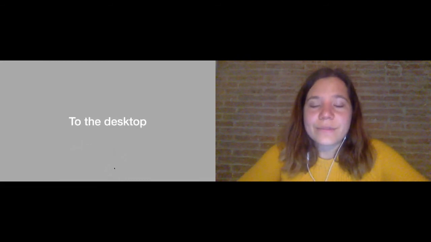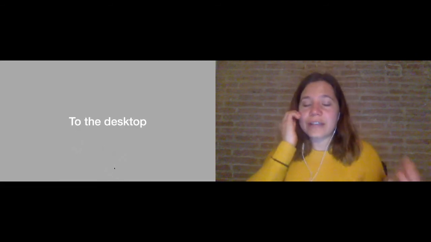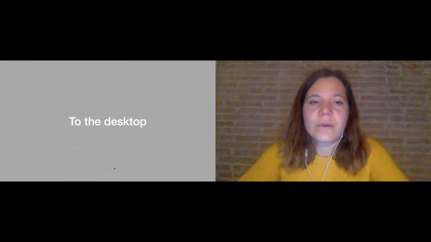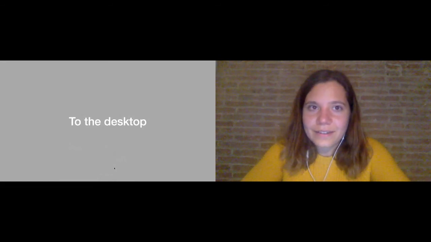Now we are on the master branch, but what if we want to switch into the feature 1 branch? In order to change branches, we're going to use a command called git checkout, and then we pass in the name of the branch that we want to check out. So in our case, that's feature 1. I'm going to press enter. And Git is going to tell me you switched to branch feature 1. And now if I go and open up the HEAD file again, we're going to see that now it's actually changed. Now it's referencing feature 1.